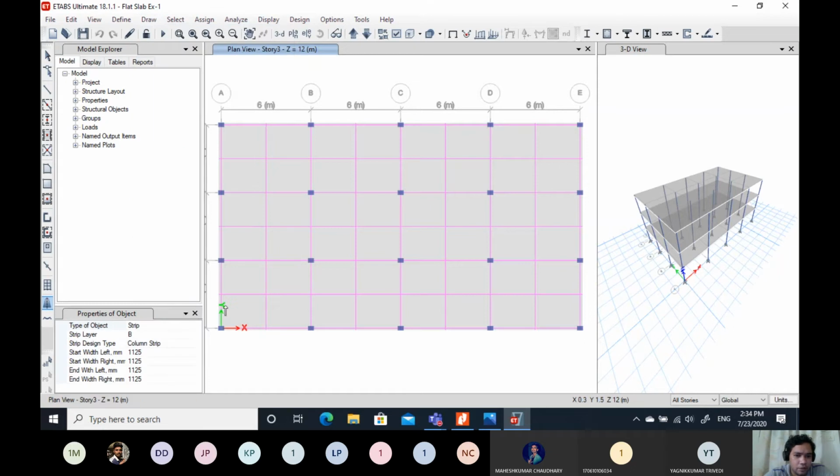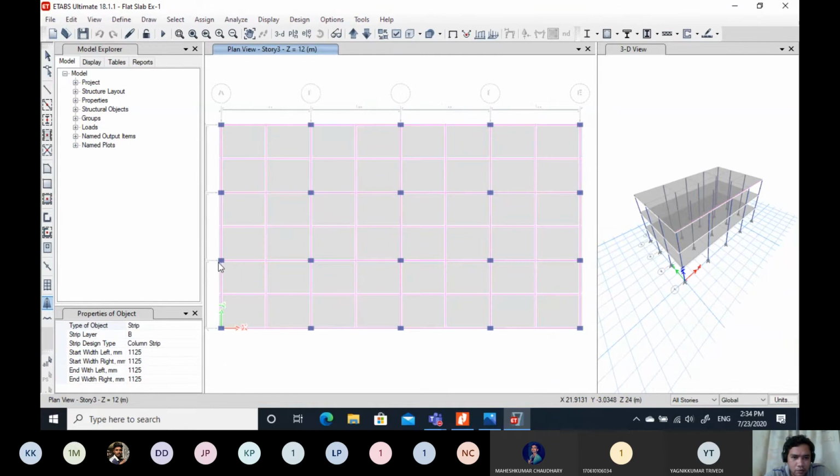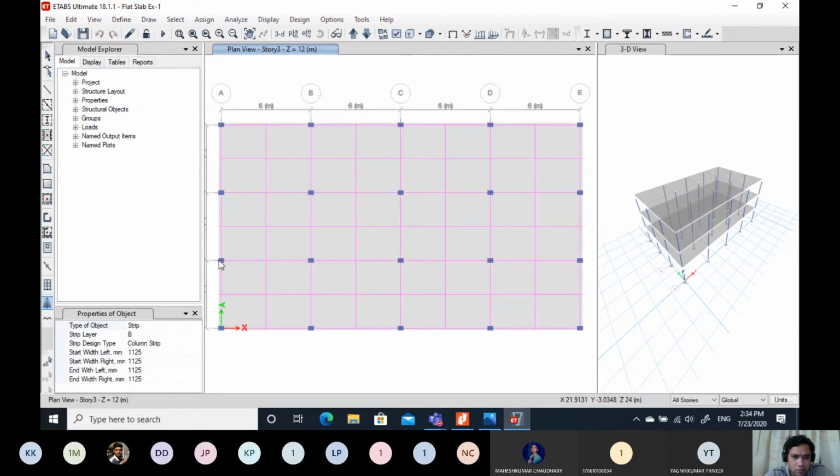Set this as strip B, and from this point to this point.